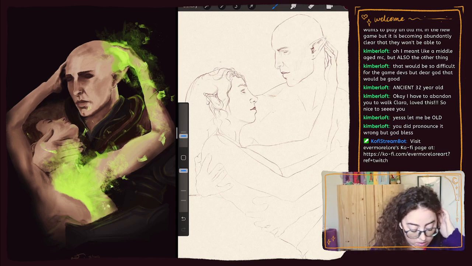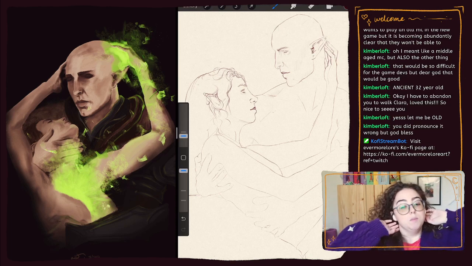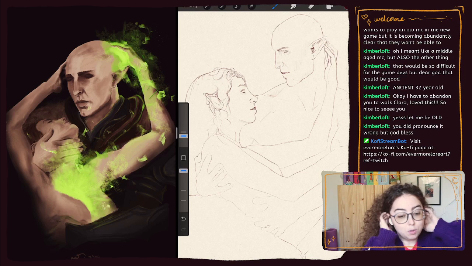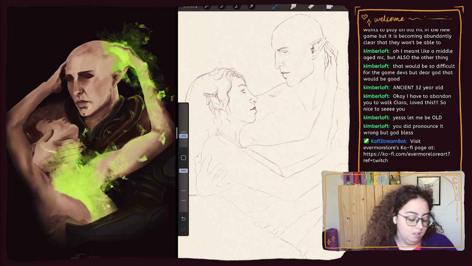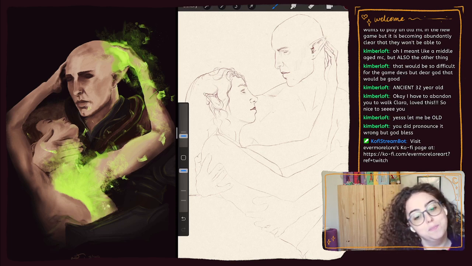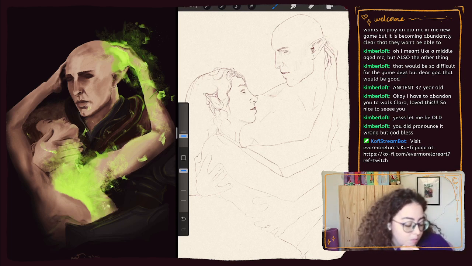My idea here was showcasing that the mark was progressing, both metaphorically and physically, like how at the end of Trespasser, the mark is clearly not a good part of the Inquisitor's everyday. And when Solas takes it away, which is why I put him in the armor that I put him in,